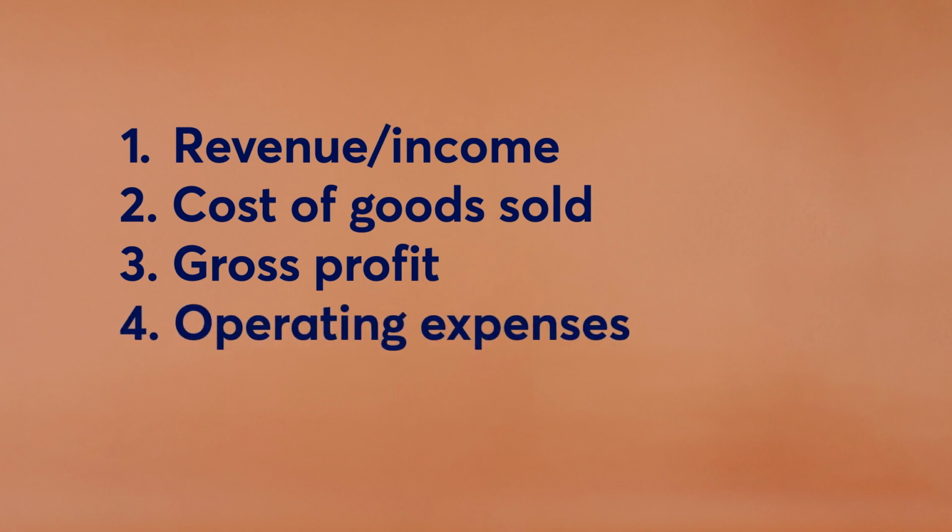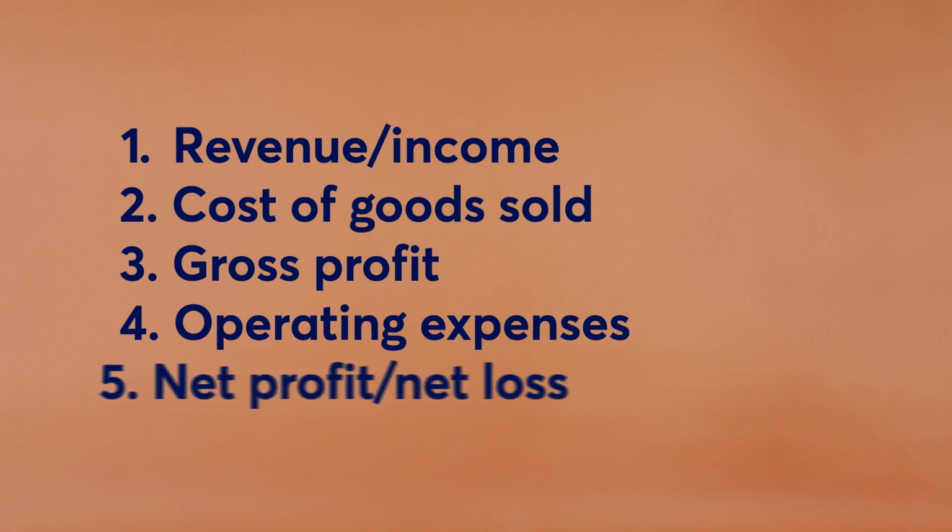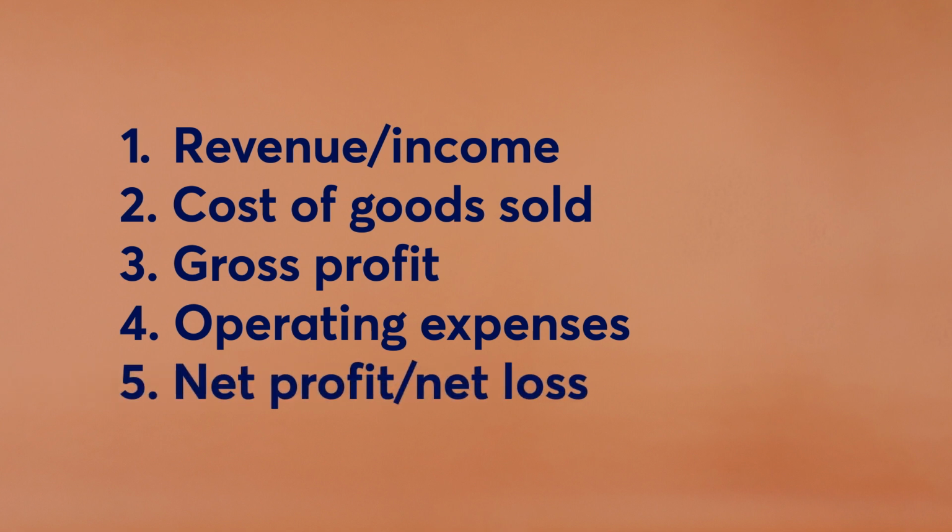Operating expenses, which are expenses for your business that aren't directly part of your costs of a product or service. These can include payroll, rent, interest, insurance, internet, and more. Finally, there's net profit or net loss. This is your gross profit minus operating expenses, aka your bottom line, which finally answers the key questions. Is your business making or losing money? And can you really afford that new coffee machine for your office this year?